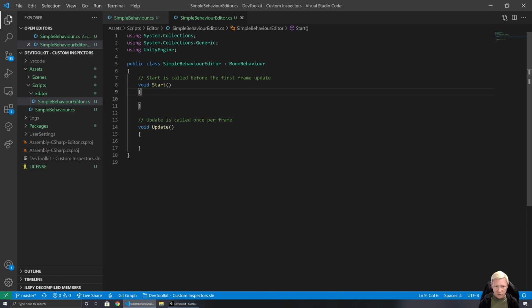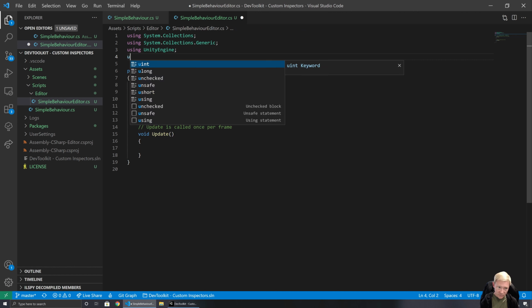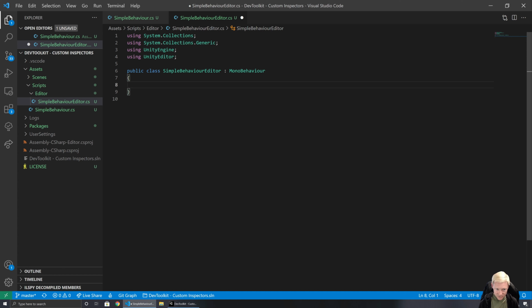Now, one of the things we need to do immediately is, rather than bringing in Unity Engine, we also need to bring in Unity Editor. It's one that we haven't previously brought in, but we're going to need it to be able to do this. Now we get rid of our start and update, because this isn't based off of mono behavior. This gets based off of editor,